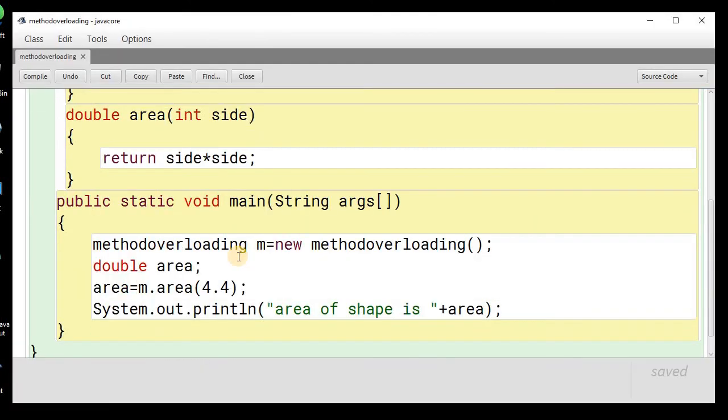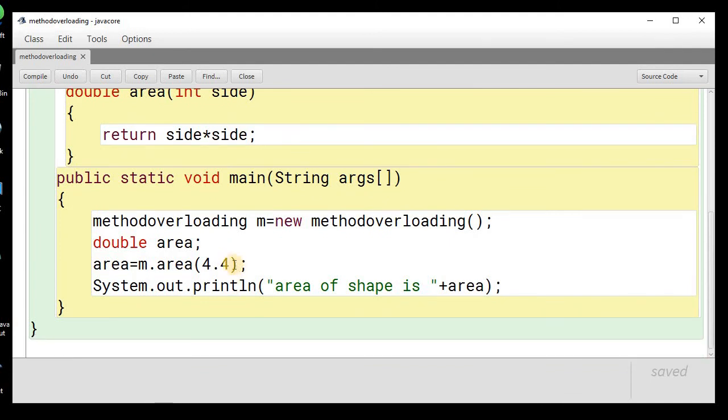Now let me give you another example: if we pass two parameters, let's say length 4.4 and height 2.0. So we have passed two parameters, length and breadth. That means we want this function area to calculate the area of the rectangle. So we do not need to define anything separately here to calculate the area of a rectangle.